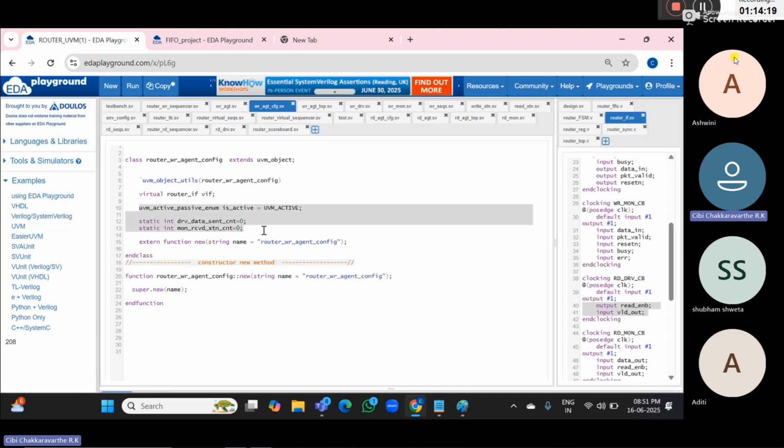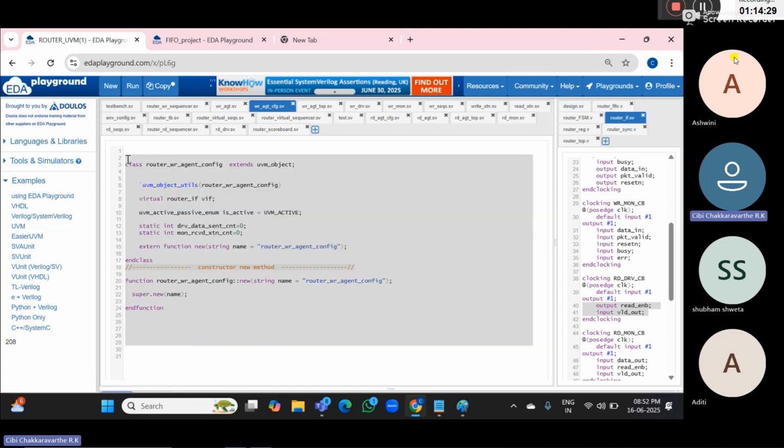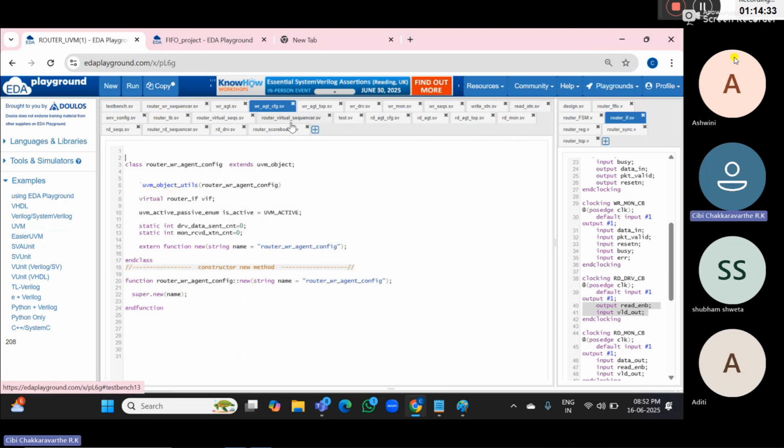That information is here. So to access all this information, we can get that configuration. We can see here we are setting this configuration. Setting means here we created it. And when it comes to the monitor,